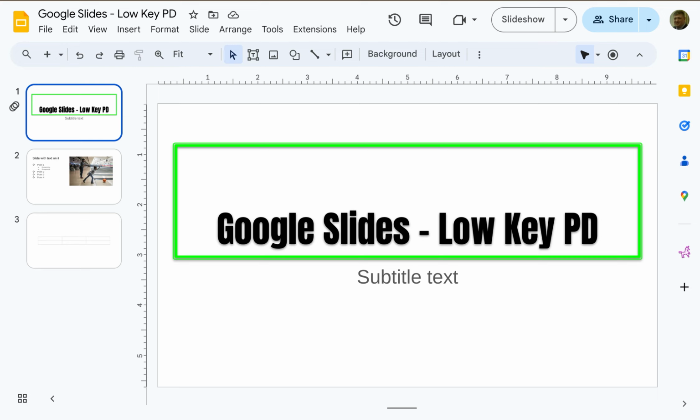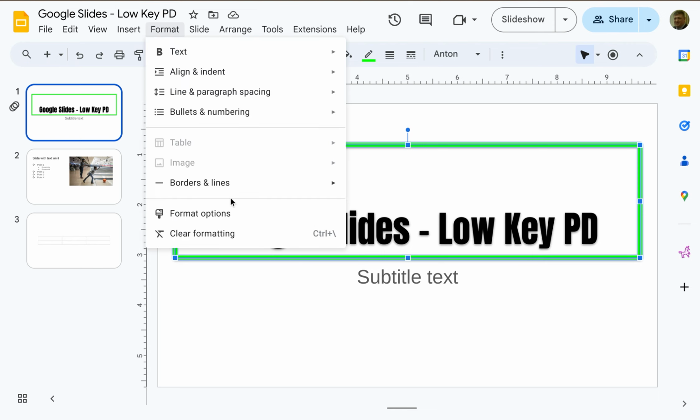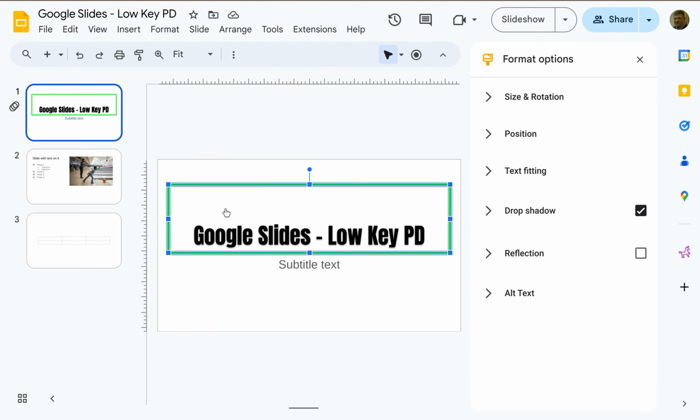So here I'm back on my title slide. I've got my title text and my subtitle text. And what I'm going to do here is select this, and then go to Format and then Format Options. And then this big menu on the right is going to open up with a bunch of different options here,